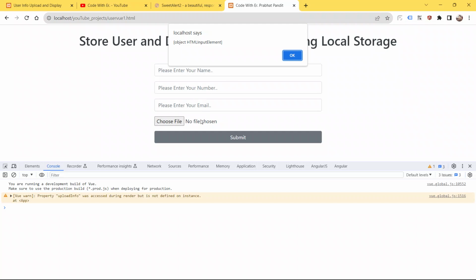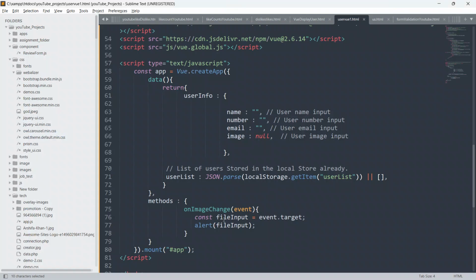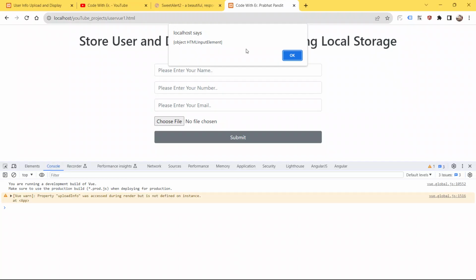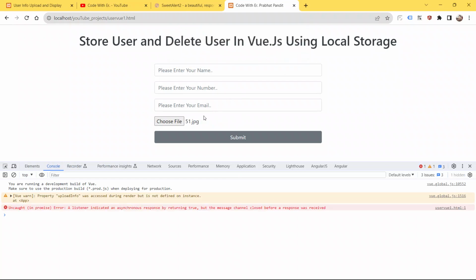Hitting or uploading the file is an event, and the element on which you are clicking is known as the target. As you can see, we got our alert because I am passing the file input in the alert function. So our code is working fine now.